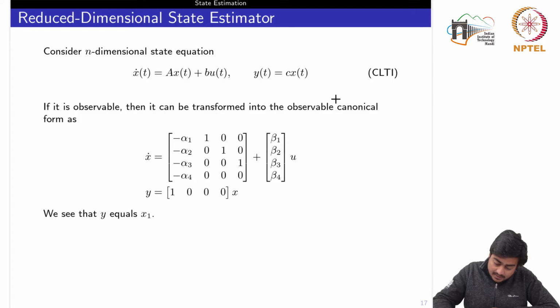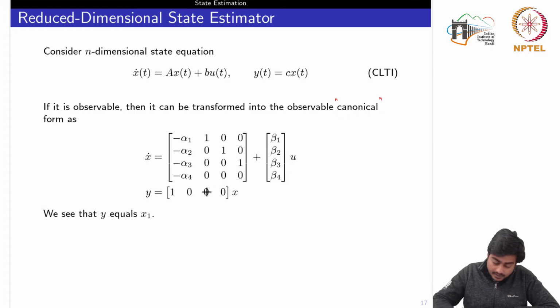We had discussed at several places the significance of this word canonical, because for a system there could be many state space representations. Now it might be possible that in some state space representation x is not directly appearing in the output measured variable. Okay, but if we carry out the canonical